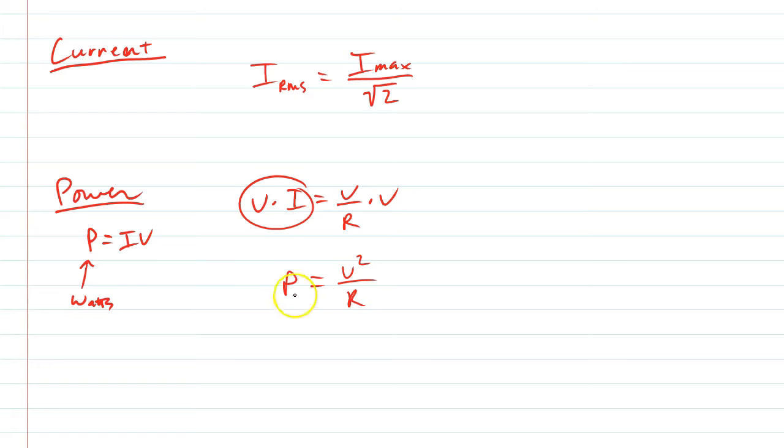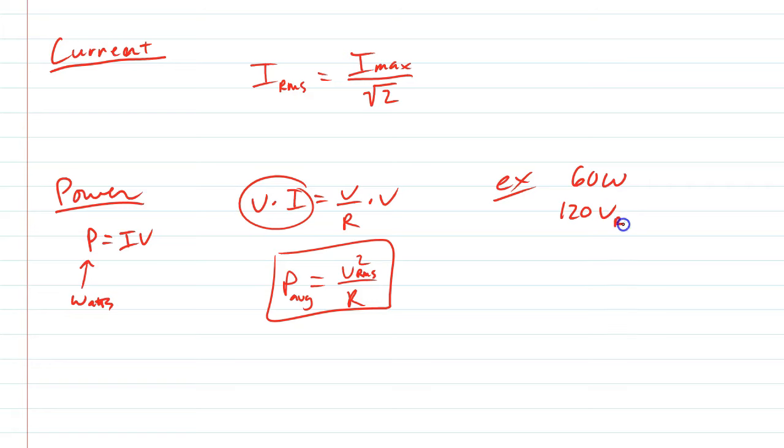Now in an AC circuit, this is the average power, and this is the root mean square of the voltage. So if you just need an estimate, or just need to use simple numbers on the package, this would be what you would use. So, for example, if you have a 60-watt light bulb, and you're using a 120 volt root mean square voltage source,